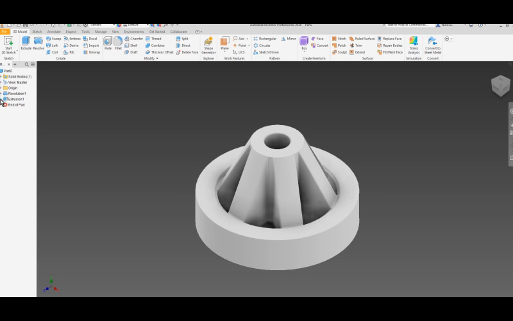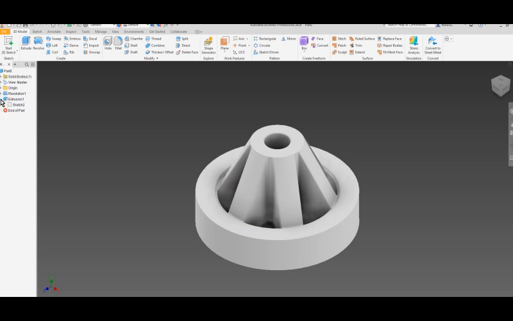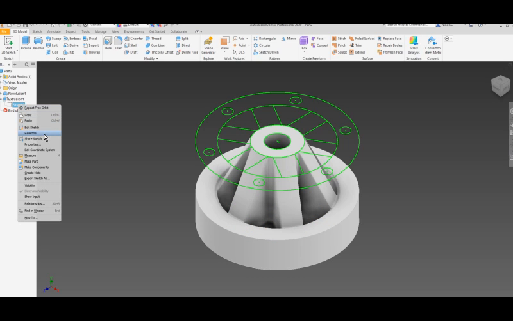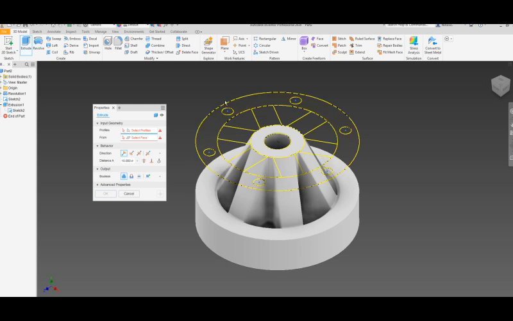So if I take a look at my history tree, I have my revolve and I have my extrusion. I'm going to click the plus sign next to extrusion. There is my sketch, right mouse button, and I'm going to go share sketch. Okay, from the share sketch, I'm going to go extrude, and it doesn't matter which one you pick, I'm only going to pick one of the circles. Okay? I'm going to have another cut, and then I'm going to have it go all the way through. Okay, I'm going to click OK,